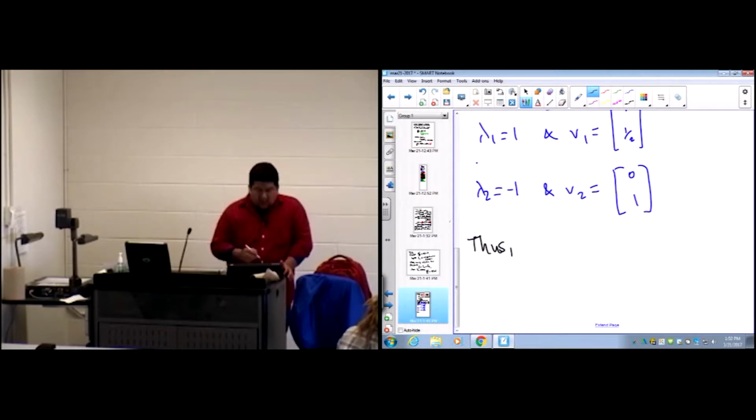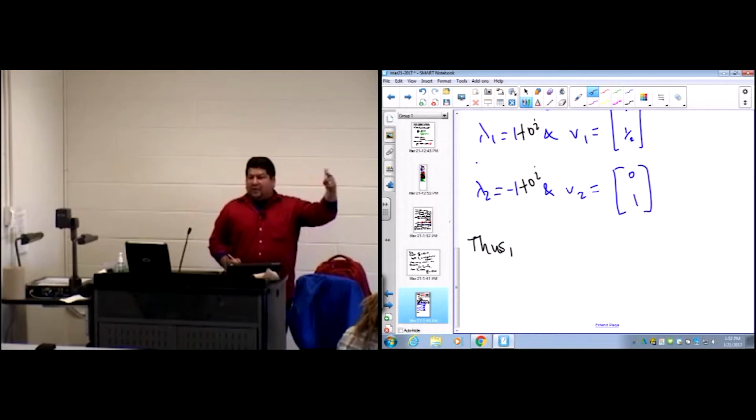So e to the lambda 1 t and e to the lambda 2 t calculations are simplified because the imaginary part is 0, and therefore no need to apply Euler's equation. Well, if we apply Euler's equation, it's trivial. So here, e to the lambda 1 t becomes e to the t, and e to the lambda 2 t becomes e to the minus t,